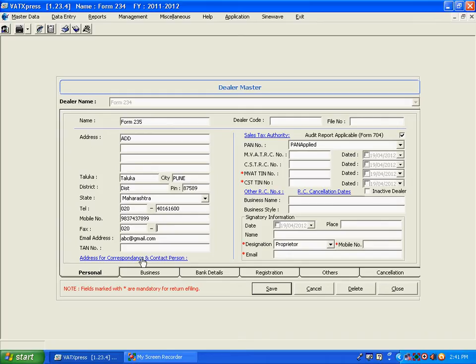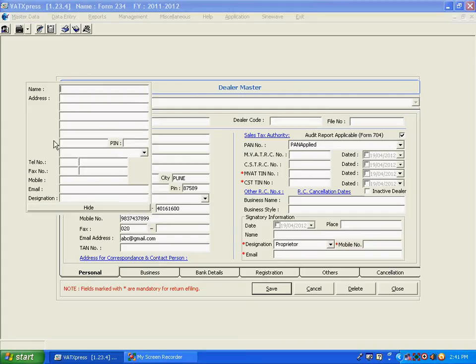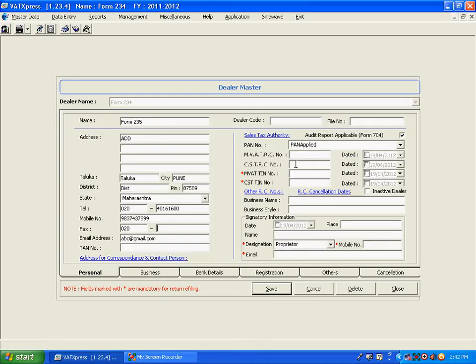Address for correspondence and contact person. Enter the AMVAT TIN number.